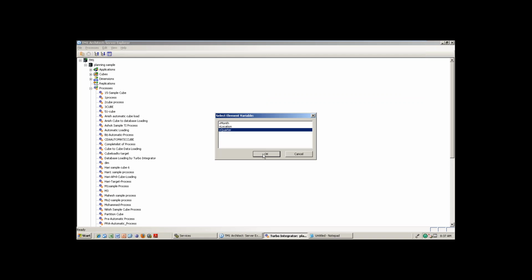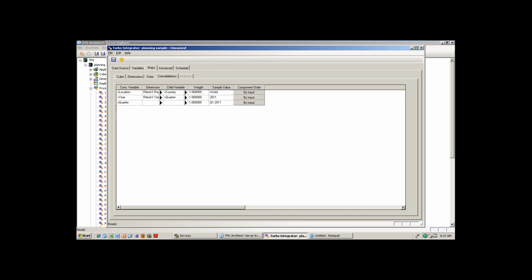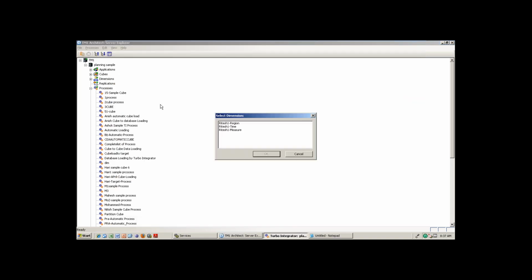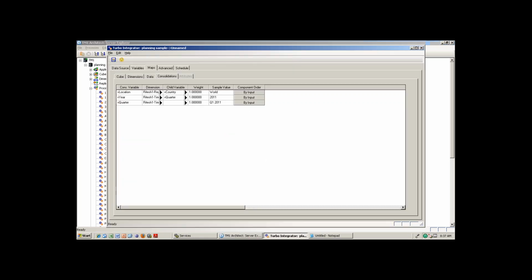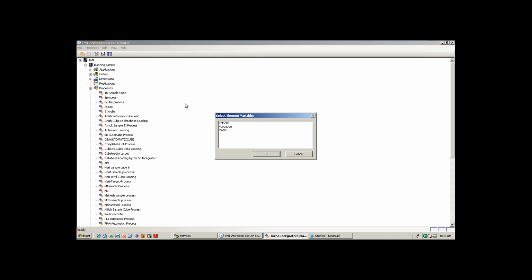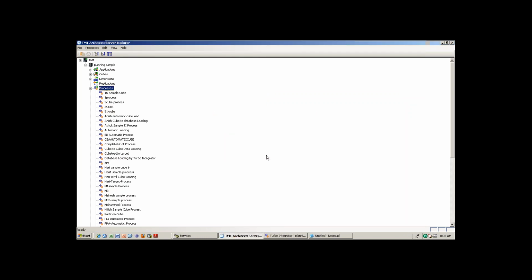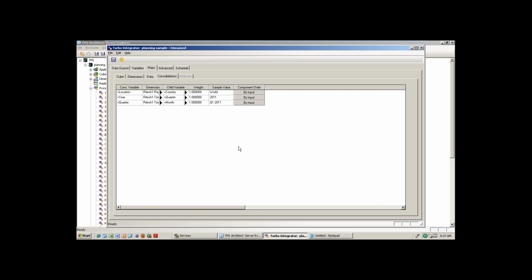Say first child is quarter. Same thing again, quarter also falls under the time dimension only, not the other dimension. And for quarter, what is the child variable? It's month. That means you are giving now what is the parent, what is the child, all those things. Then only TM1 understands which one is done.